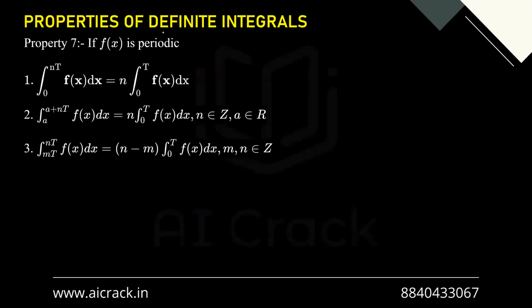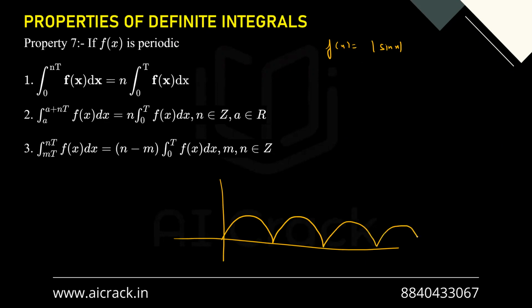Before discussing property number 7, which is based on periodic functions, let's see on what concept this is based. Let's say we have a function f(x) equals mod of sine x. If you plot this function, it would look something of this sort. This is pi, this is 2 pi, this is 3 pi, this is 4 pi,